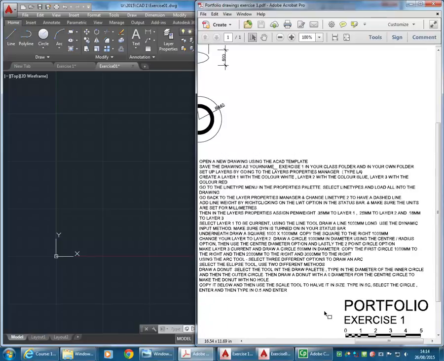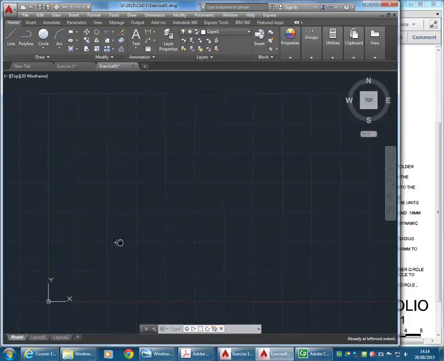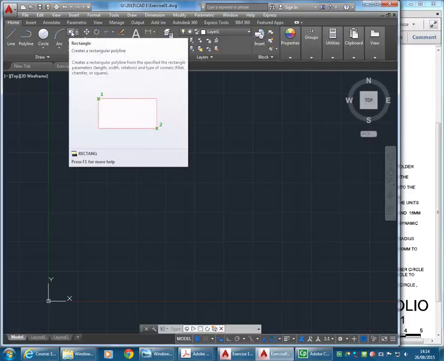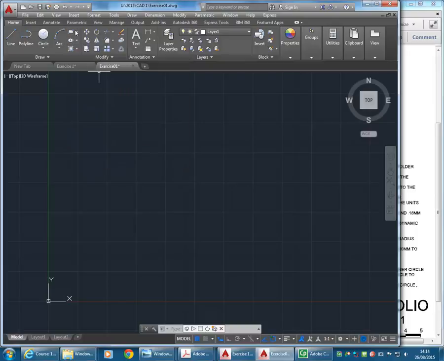So just zooming out a bit there. So after setting layer 1, you can see here, draw 1 metre long line using the dynamic input method. That works, but I'm going to show you, I think, a better way to start any drawing. And that's to draw a rectangle the way you have in those previous exercises. So just try to remember these steps. It's a good way to start drawing anything in AutoCAD until you get used to the way the display system works. So I'm just going to click on the rectangle button, type 0,0,